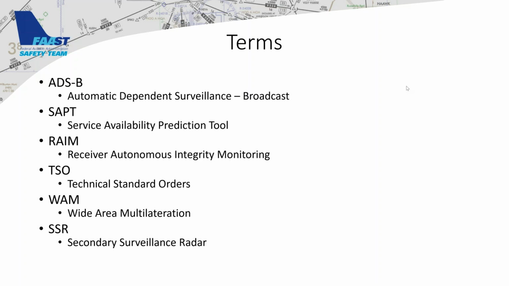And then two that were actually new to me when I was creating these briefings: wide area multilateration and secondary surveillance radar. Think of these as next-gen tools that will come online when we're actually using ATSB to supplement and eventually replace our radar areas. So areas that were previously non-radar will then basically have radar-type separation provided by WAM and SSR.